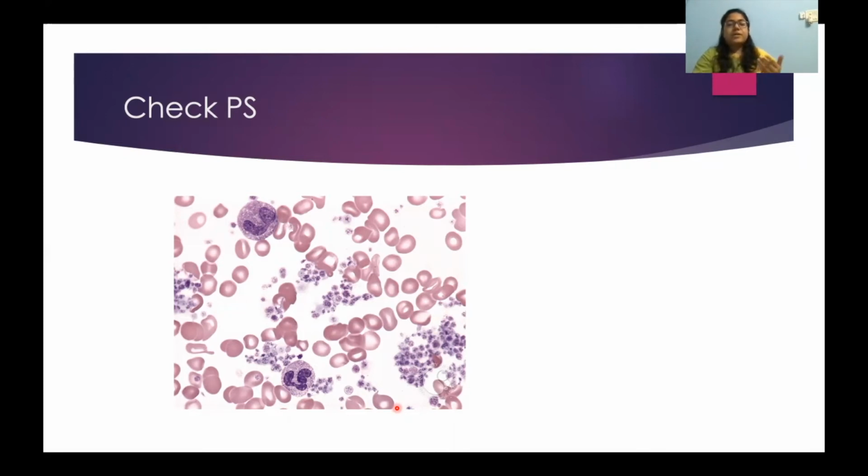Now, whatever tests we are doing in the lab, whenever you send a sample, it is not immediately tested. It will take a few hours before the test is performed. And it is a known fact that whenever blood is stored, like you have always seen, it is one of the complications when you transfuse very old bags of RBC to a patient. What happens? The cells will degenerate and the potassium leaks out into the bag. So once you transfuse such a thing, there will be a sharp increase in the potassium level of the patient on which you are transfusing that.